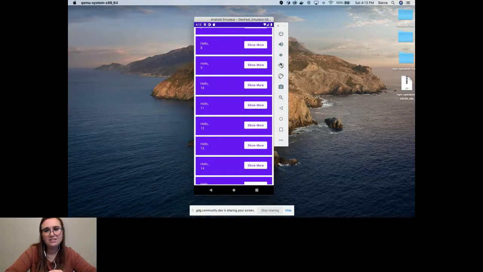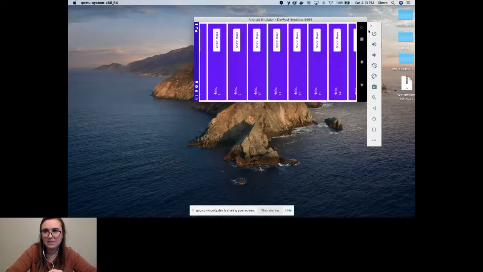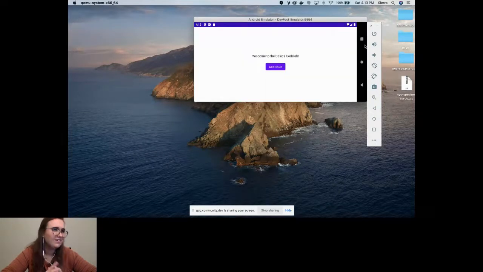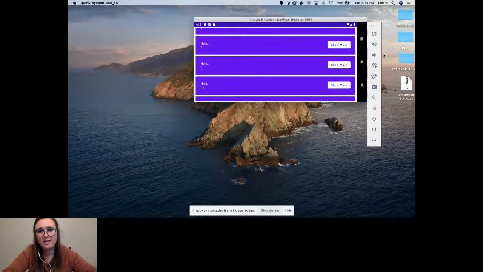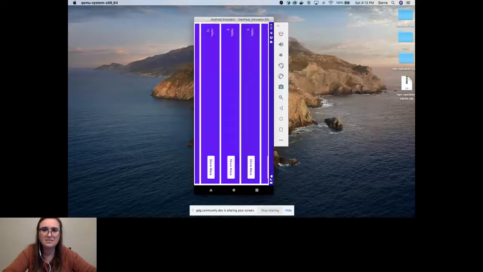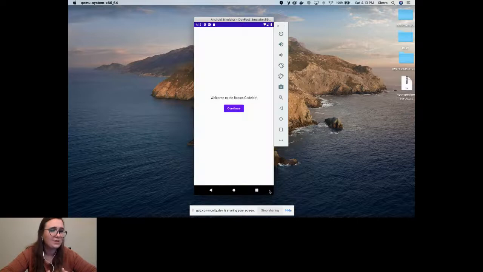But what we might notice is if I go ahead and turn my emulator, maybe. Oh no, we see our welcome to the Basics Codelab again. And so if I go back and now I want to rotate back and try to rotate again, I am going to keep seeing that welcome to the Basics Codelab, even though we've already hit continue. And that's because the remember function can remember as long as the composable is kept in the